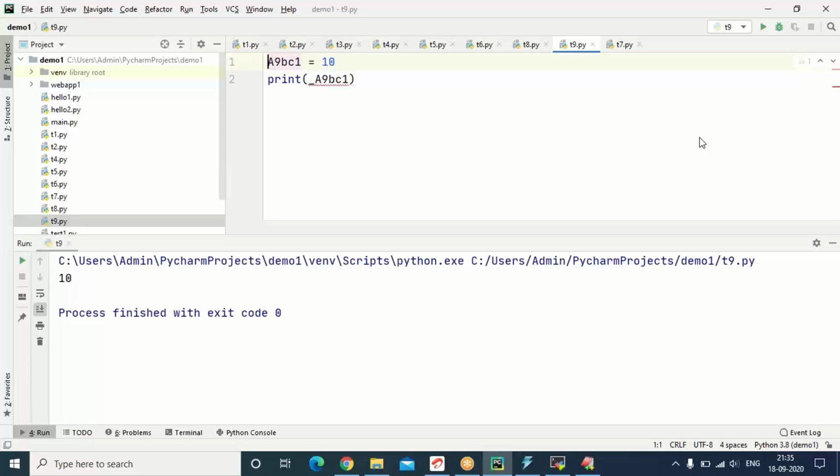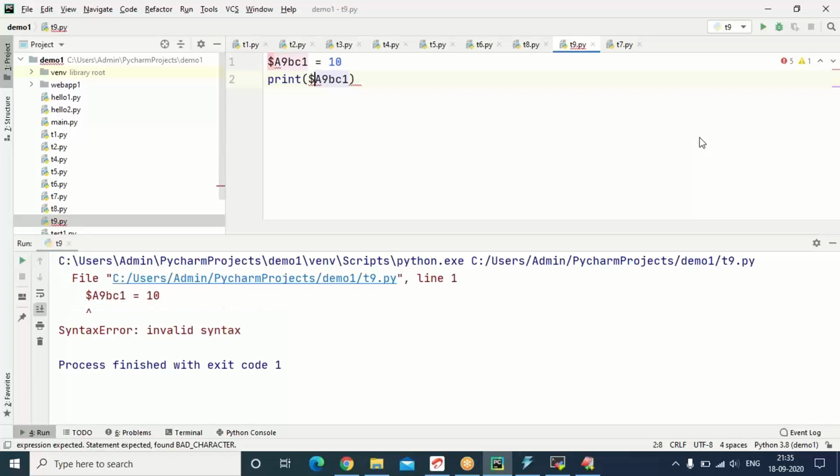What about other special characters? Generally dollar. Let us see whether dollar is allowed or not. We are getting an error. In case of Java, dollar is also allowed in the identifier. But in case of Python, dollar is not allowed.